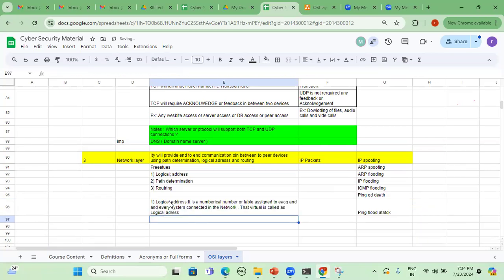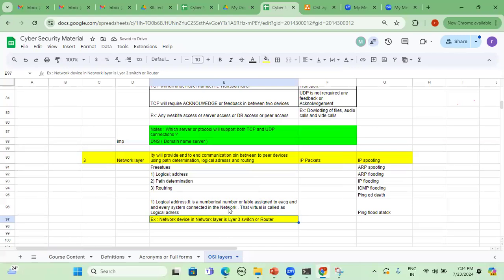So now, who will use logical address in the network layer, and which device will use it? An example device in the network layer is a layer 3 switch, that is nothing but a router. Now a question: a router will fall under which layer?